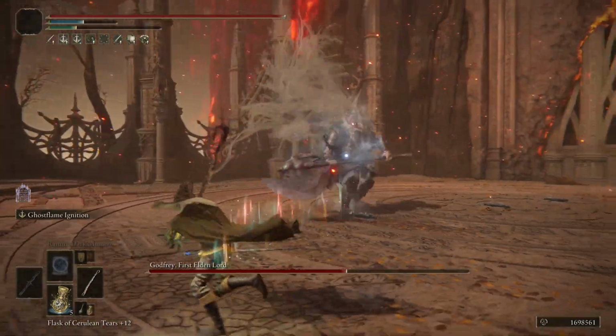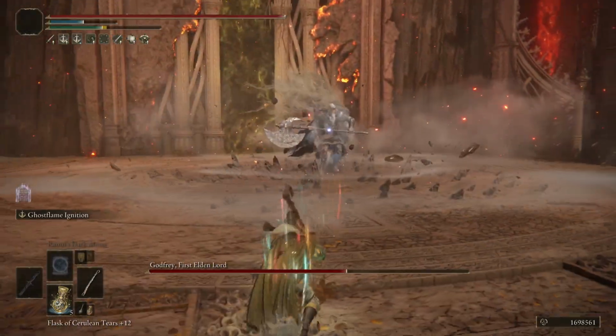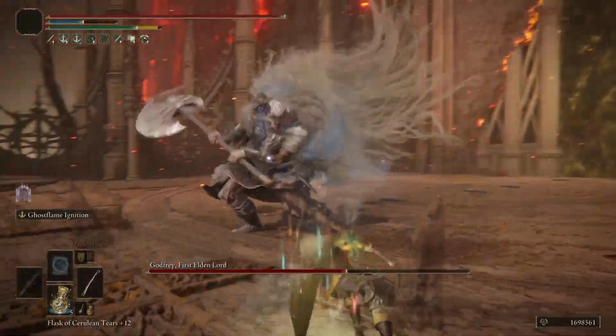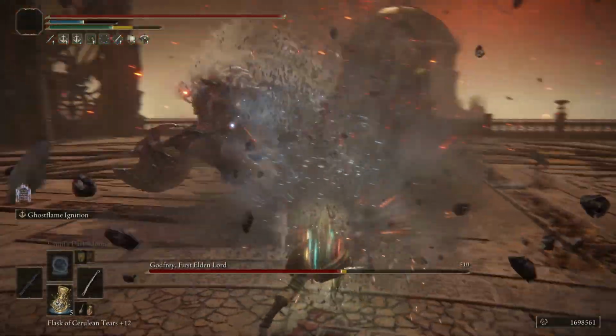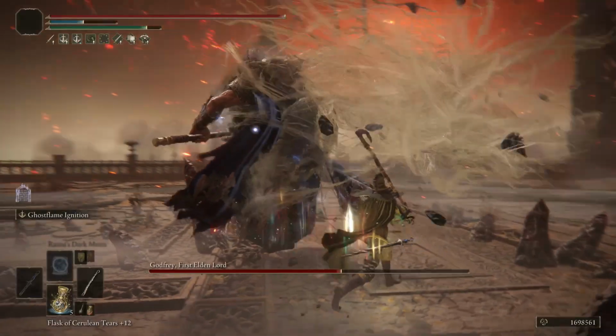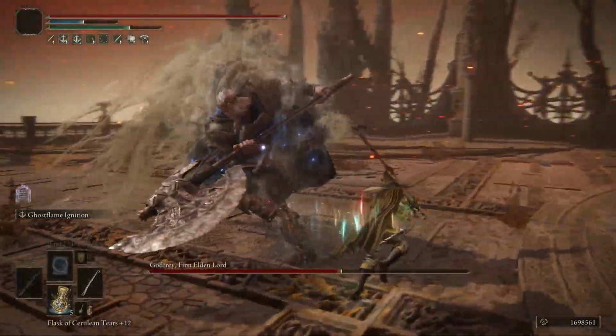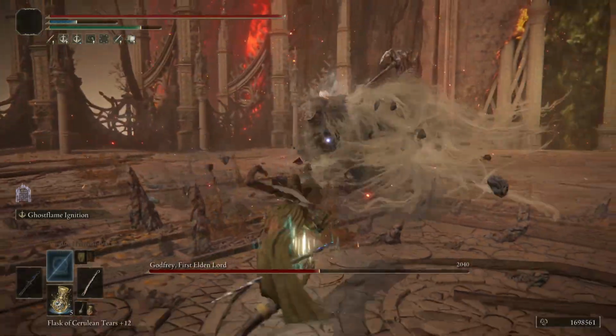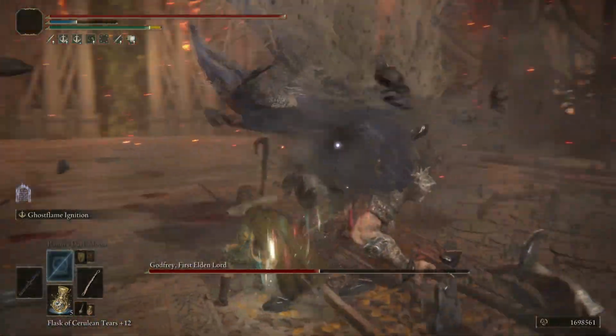It's going to be a very similar setup that we just saw. So we're going to have pretty much the same talismans. Again, we're using Ranni's Dark Moon to get the debuff on enemies. And again, it's easier on less mobile enemies, or if you look for a better opening. I was mainly trying to showcase the weapon art, so I was trying to use Ghost Flame Ignition as much